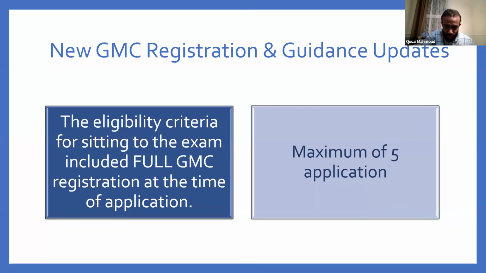So the application window will start tomorrow. Before you start your application, you need to show the full GMC registration, which is something brand new this year. That will select a lot of people. I'm talking about myself, at least. When I first applied for IMT, I got the IMT. I hadn't finished my GMC registration. I was in the process of doing the PLABs. Then I came later on, but it's not the case anymore. You need to have the GMC before you apply.